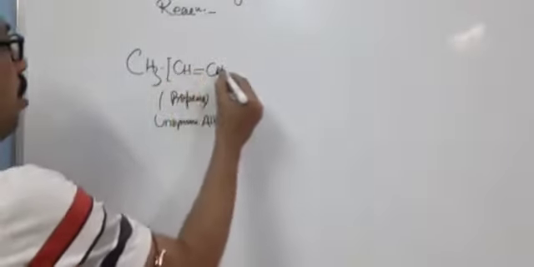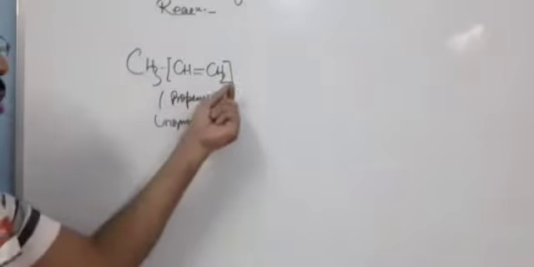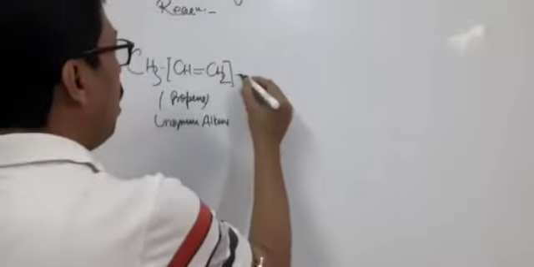Now the question is, why is it an unsymmetrical alkene? Because the carbon-carbon double bond consists of an unequal number of hydrogen atoms. The right side carbon atom consists of 2 hydrogen and the left side consists of 1 hydrogen, and when it